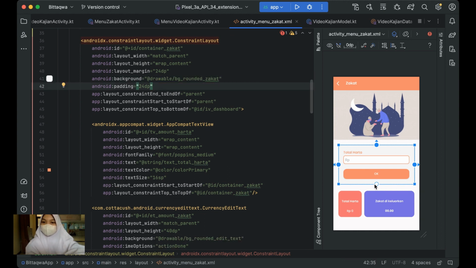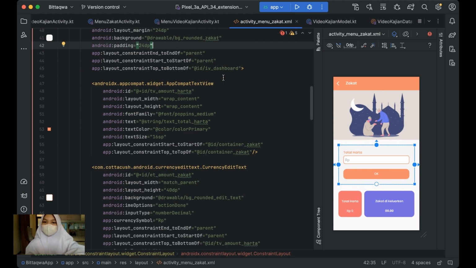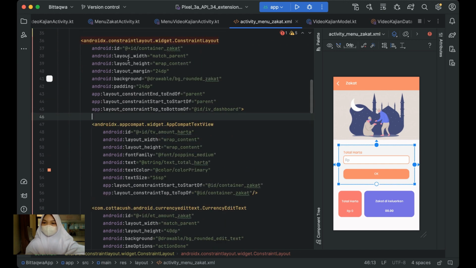Then we also put a padding, which is space inside of the component, 24 dp. And the constraint is end to end of parent, start to start of parent, top to bottom of IP dashboard. Okay, then inside of this constraint layout